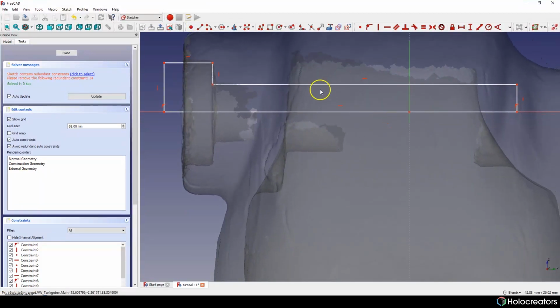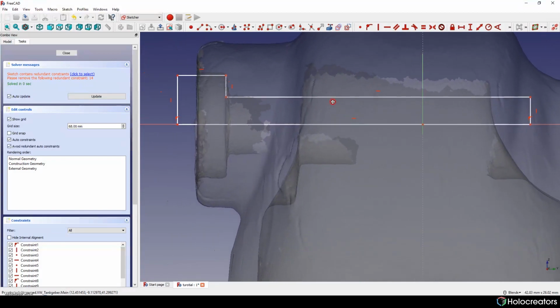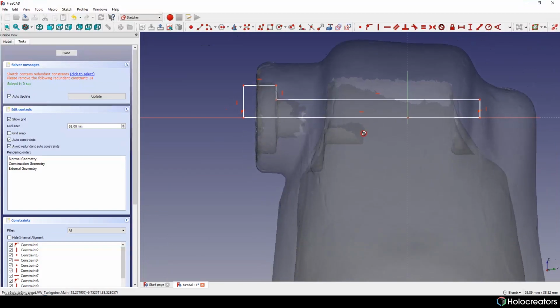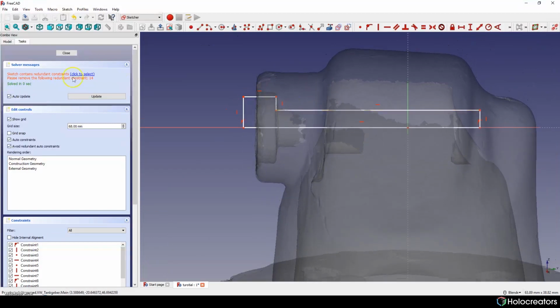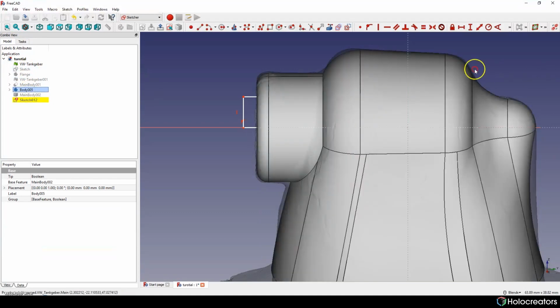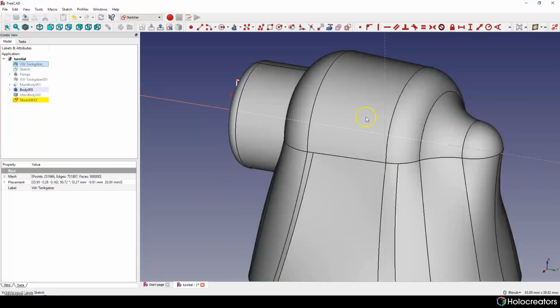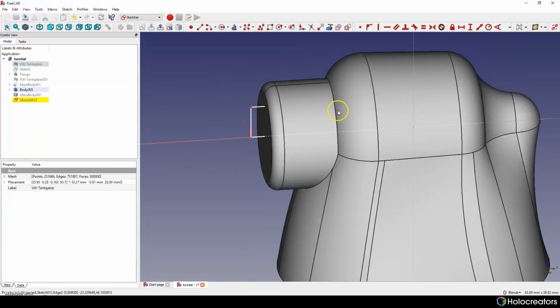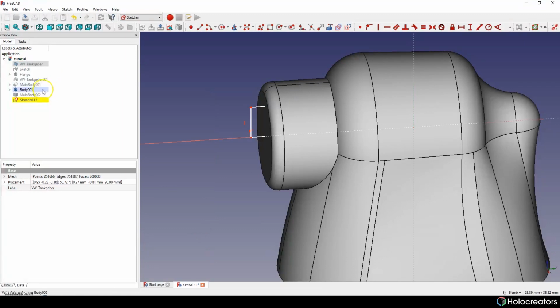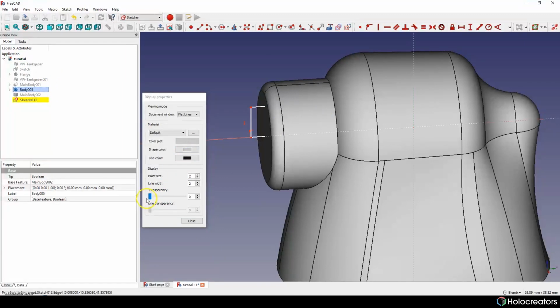Okay, now it looks like what we want. Let's just double check if everything sits perfectly inside the model that we just created.